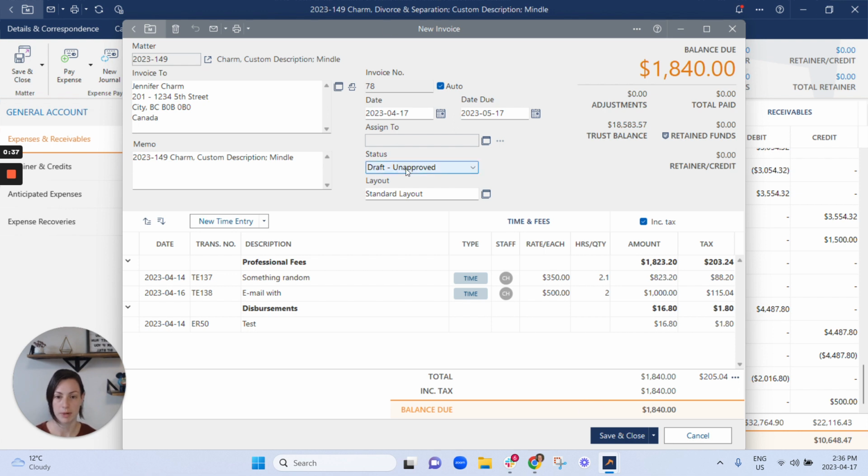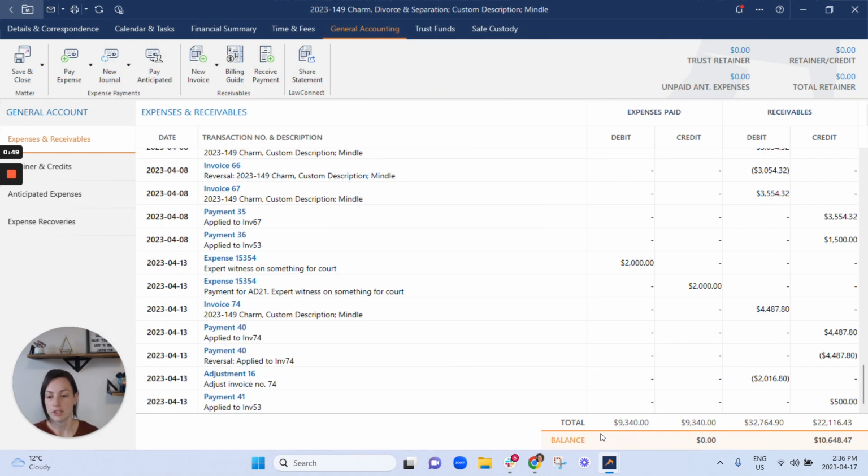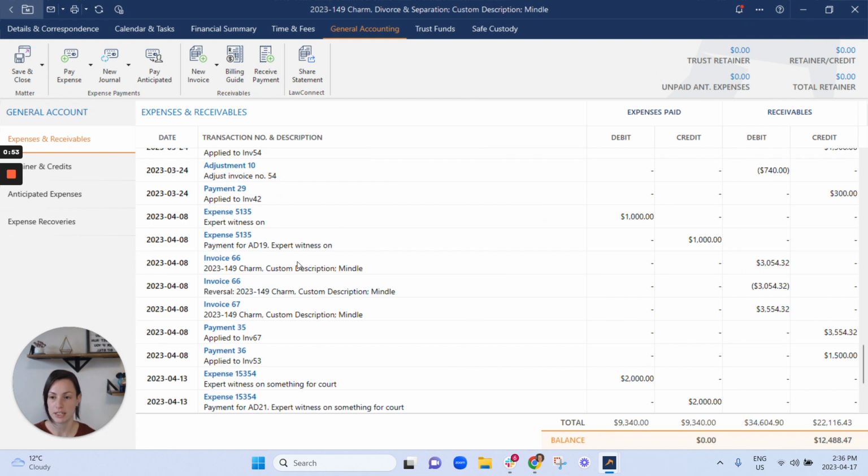Just as a quick reminder, if an invoice is in draft, either stage, you can just delete it. Once it's been finalized, well, I haven't saved it yet, but once it's been finalized and saved, you can't delete it. You can only reverse it. So what reversing means is basically just that,